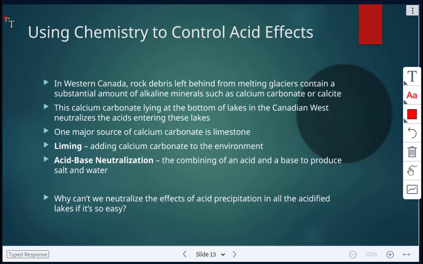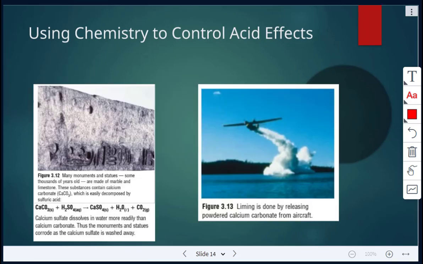So there's a process called liming, which basically is adding calcium carbonate to the environment. And we see this acid-base neutralization occur, which is the combining of an acid and a base to produce salt and water. But the question is, why can't we neutralize the effects of acid precipitation in all the acidified lakes if it's so easy? All right, so in these two images, here in this image, we can see liming occurring here,